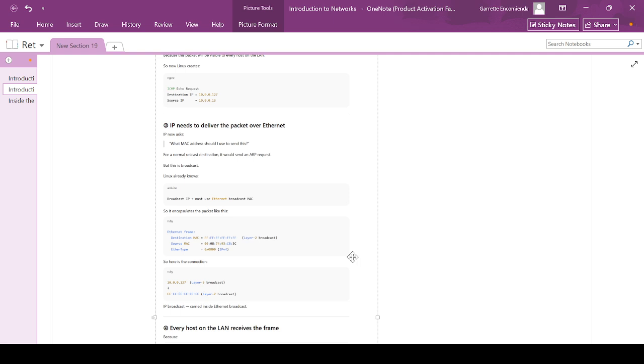But this is broadcast. Usually, to get the MAC address of a unicast destination address, it will send an ARP request, since normally it's an IPv4 subnet. But since it is a broadcast, Linux already knows. So broadcast IP must use Ethernet broadcast MAC. It encapsulates the packets like this. Ethernet frame: destination MAC equals FF:FF:FF:FF:FF:FF, layer 2 broadcast; source MAC equals the source MAC of 10.0.0.13; ether type 0x0800,